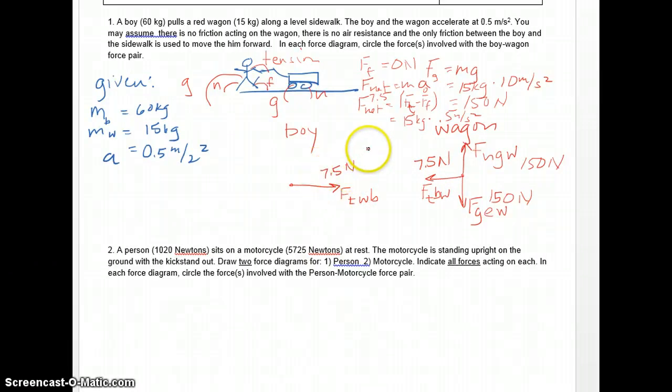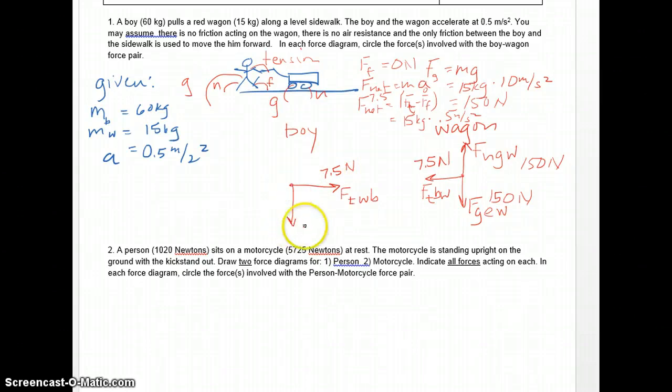So if the wagon is pulling the boy with 7.5 newtons, then the boy is pulling the wagon with 7.5 newtons. You notice they're both tension forces. They have to be the same type of force. You simply are just switching the force pairs. So we know this force right now. Having said that,